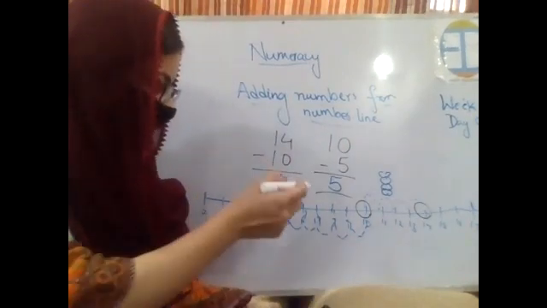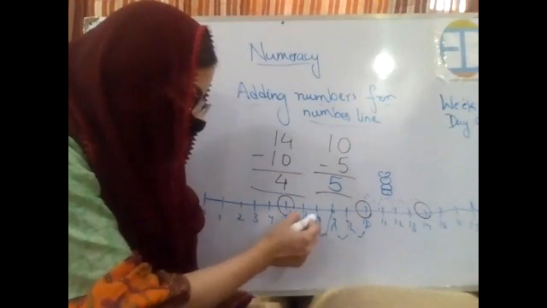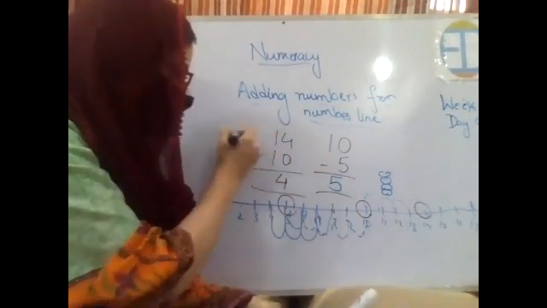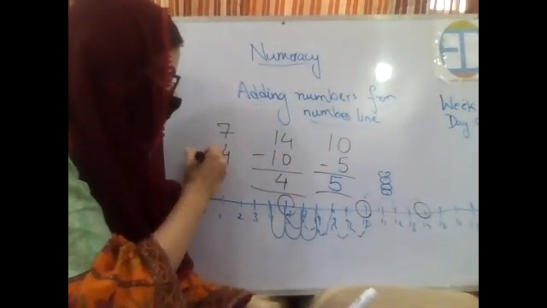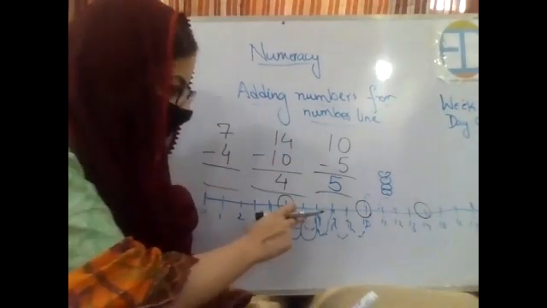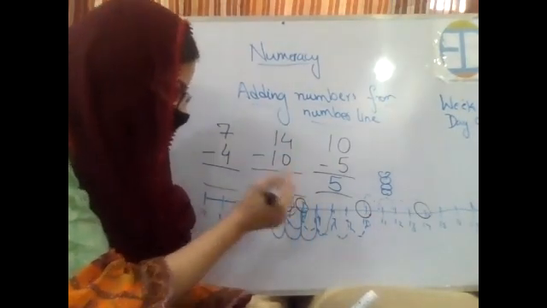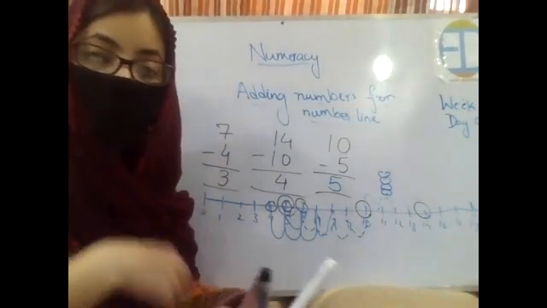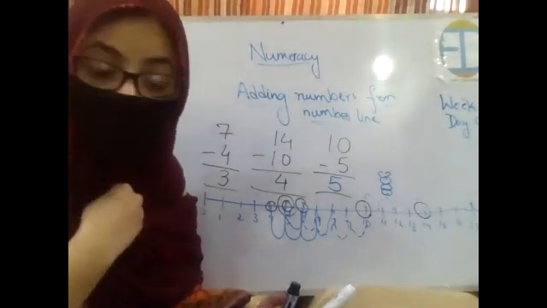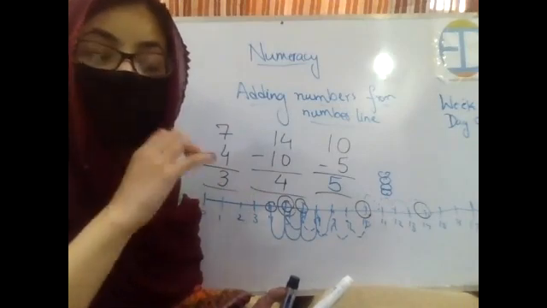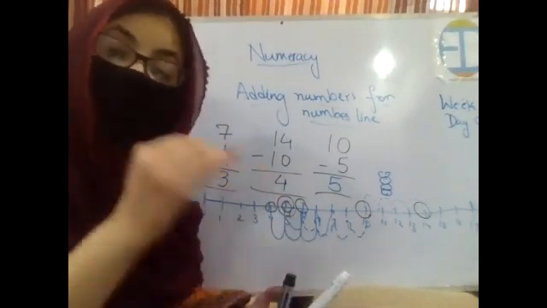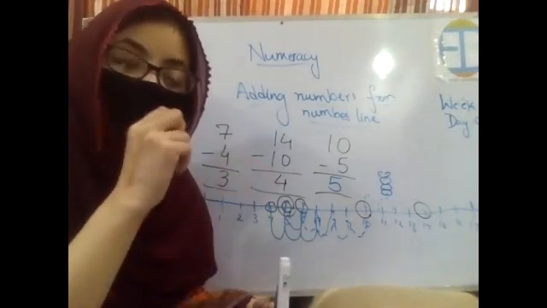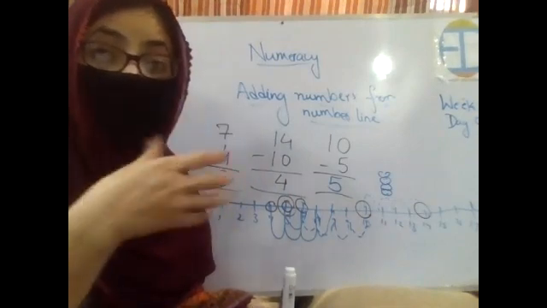Got it? Now let's say the rabbit starts at number 8, it first hops to 7, then 6, 5, 4. So the starting number is 7 and the ending is 4. Now let's count the numbers in between. 6, 5, and 4. How many numbers? 3. Are you getting my point? So this is how we are practicing subtraction with the number line. What is a number line? A number line is the line which we draw on the board or on the copies, either in horizontal or vertical order, on which we write numbers, right? And with the help of the number line, we subtract or add different numbers.